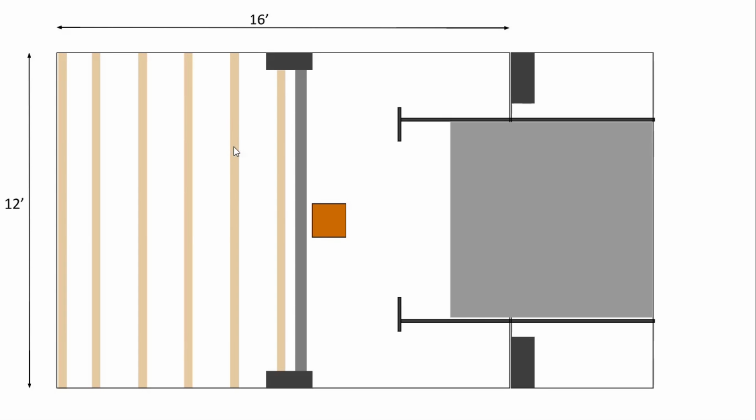As you can see here, these little light brown lines are actually wood studs in the ceiling. The rest of my ceiling is a concrete ceiling. I also have a steel I-beam, a heater, my garage door, and there are also some concrete columns throughout the shop. So once I had that layout, I did a bit of research looking for something as close to a